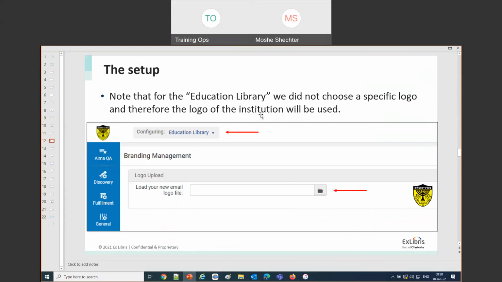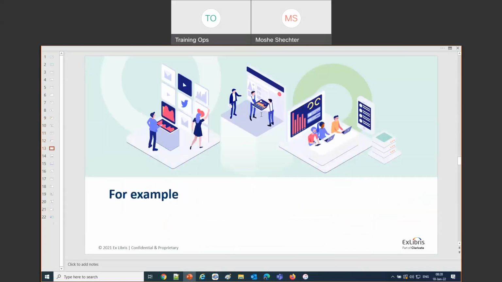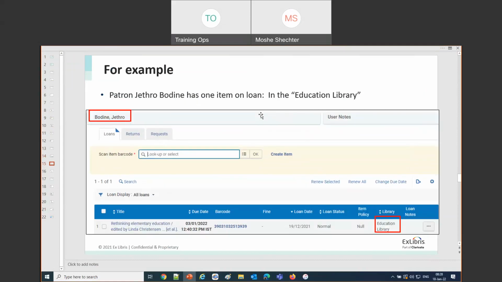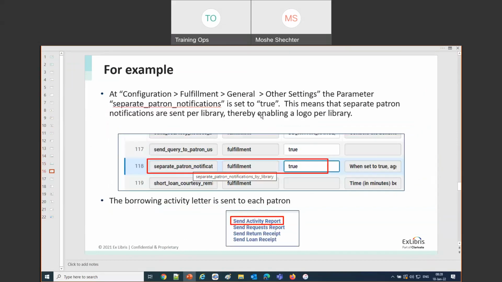We also did one for the law library, which is not in the presentation, but that's fine. Here I did one for the education library in the presentation. Okay, and then we had an example here. In our case, it's Alicia Chen, our famous patron, instead of Isaac Luria. So Alicia here has an item on loan from the medical library and the agriculture library. And Jethro Bodine has only the education library. Then we sent the letter